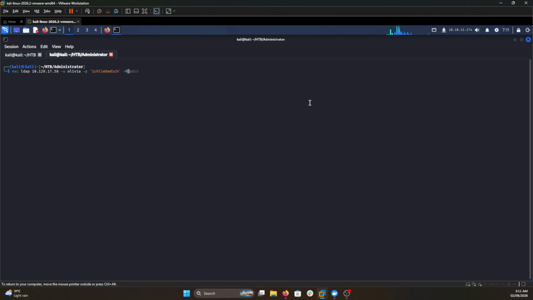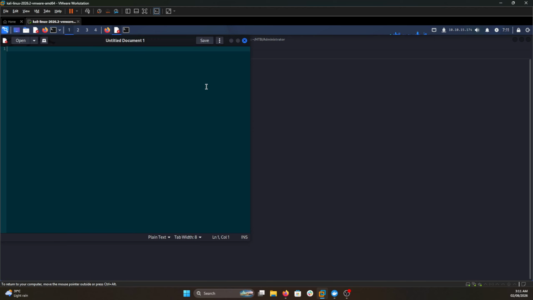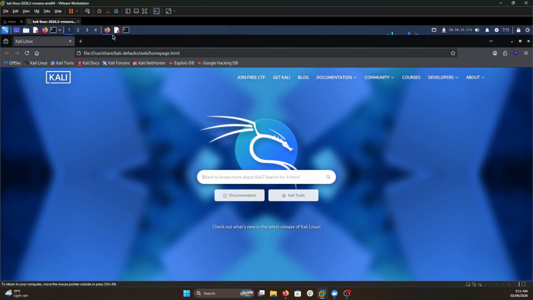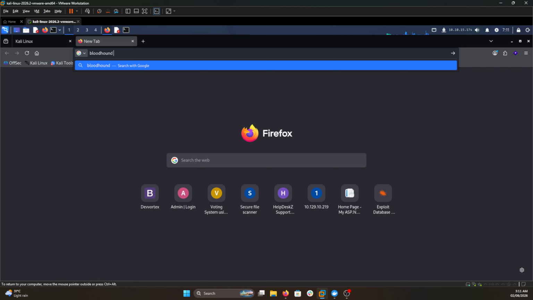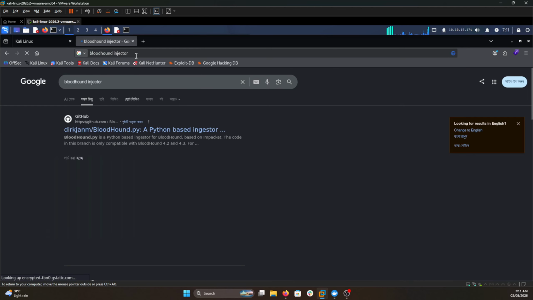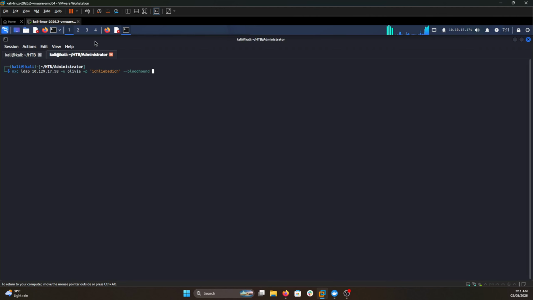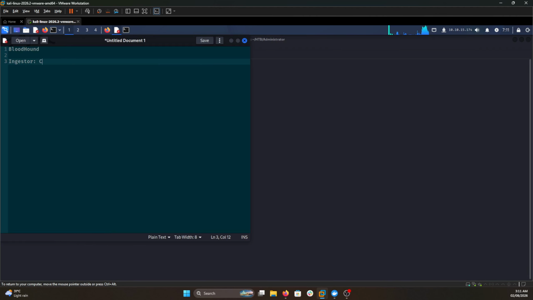My next thing that I like to check is actually a Bloodhound scan. Now, there are a bunch of ways to do Bloodhound, and sometimes it gets confusing. There are 2 parts to Bloodhound. So first, there is the ingestor, which basically collects data from the environment, and there's this GUI part where you basically view the